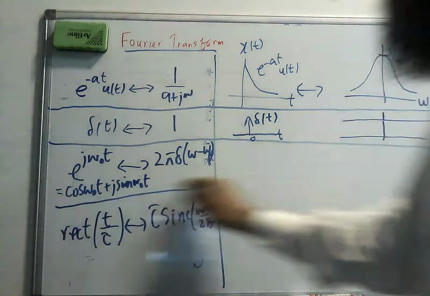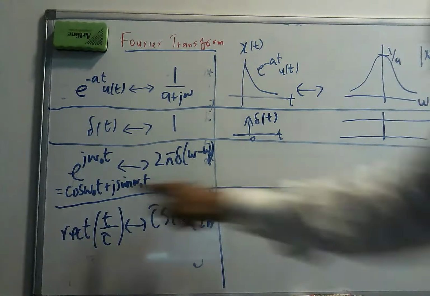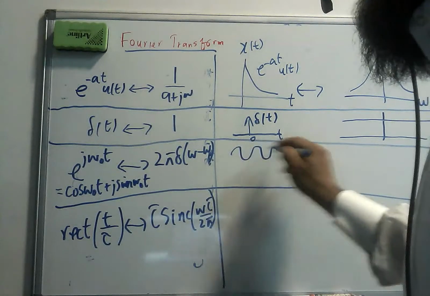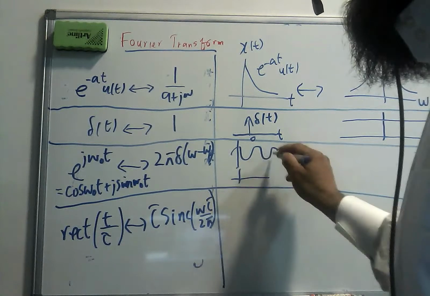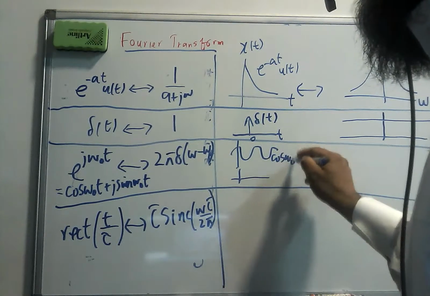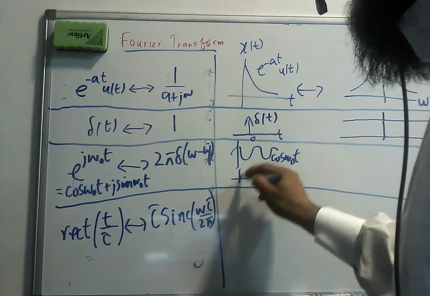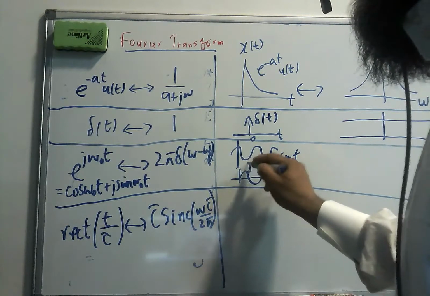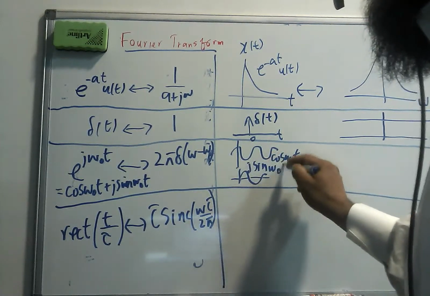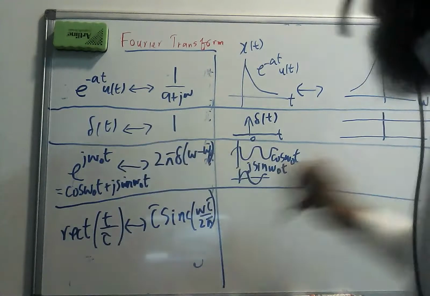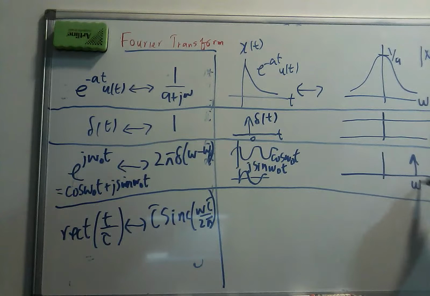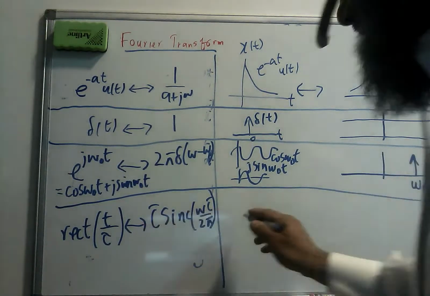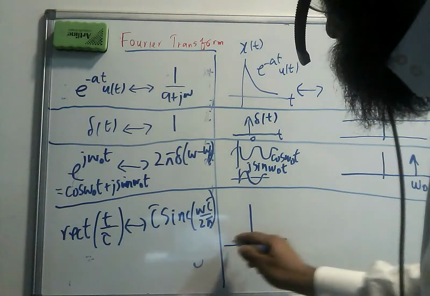Now the next one is cosine and sine. So I have cosine omega naught t and j sine, so this is a complex exponential. The Fourier transform of this is just an impulse at a frequency omega naught. The last one is the rectangular function, which is this function here,